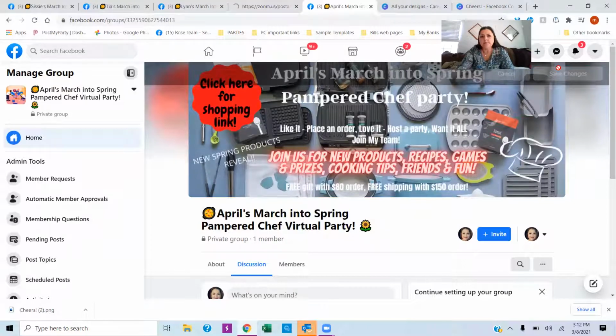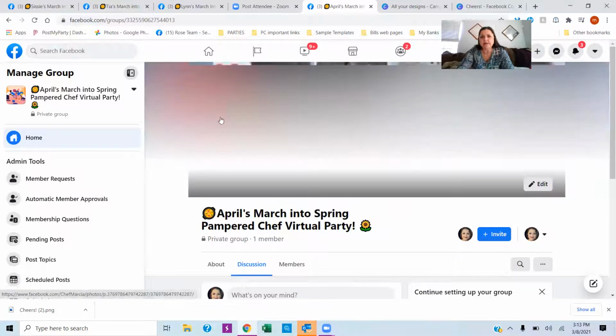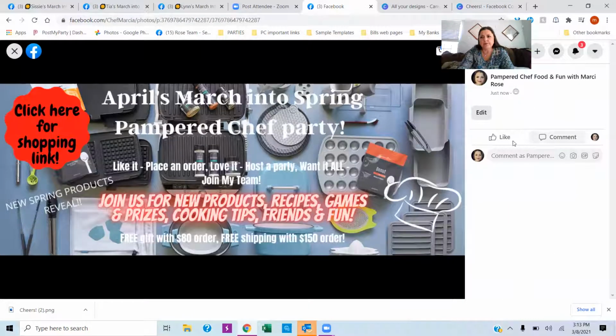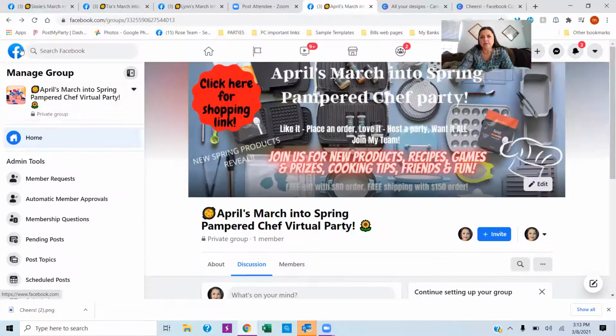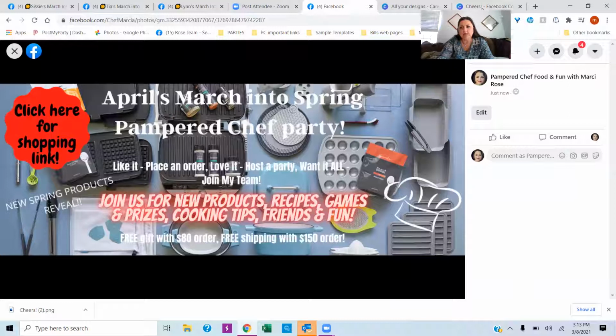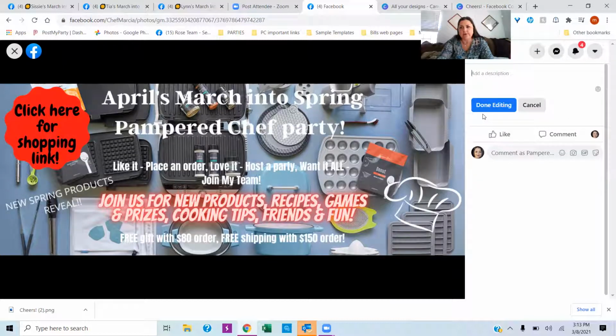Now, you see the big red button that says click here for shopping link. Well, we want to make sure that we put over here to the side. Don't hit edit because edit is changing the whole picture. We want to just click there, and we want to put here edit. See the little edit right there, and then click on the link below